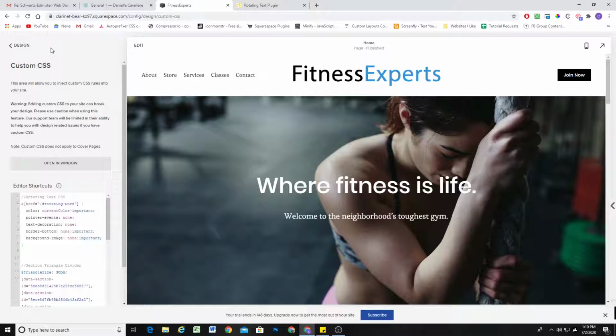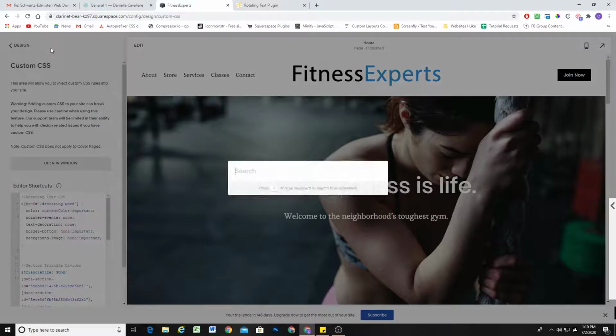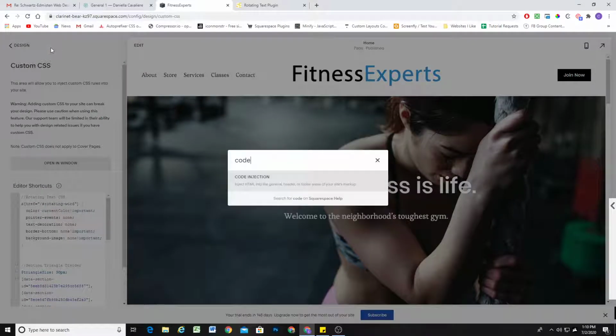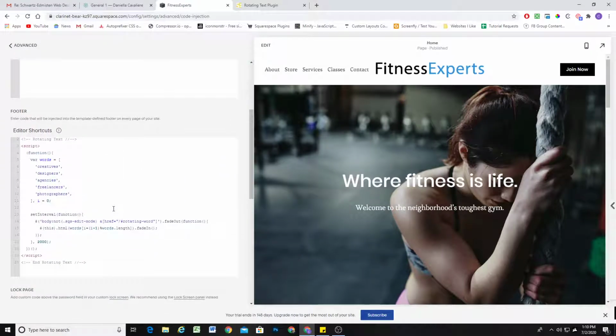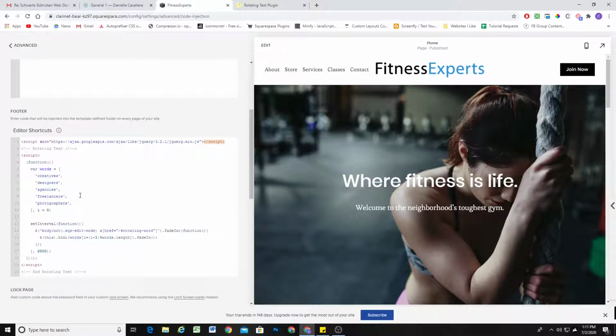So let's go ahead and go back to the code injection. And a cool shortcut to do that is to click the / key, and then you can search for code and then click on code injection. And that'll bring us right to this panel. So this is the list of words that this word "life" is going to be rotating through. So you can update this list with as many words as you want and whatever words you want. So where fitness is, I'll say, where fitness is freedom, where fitness is confidence,